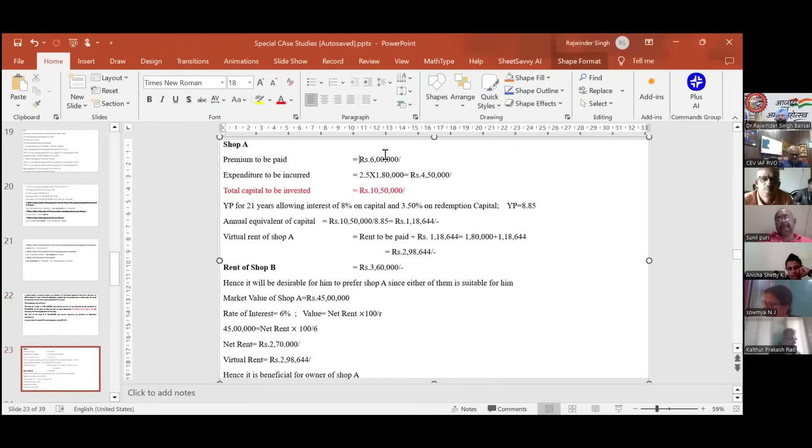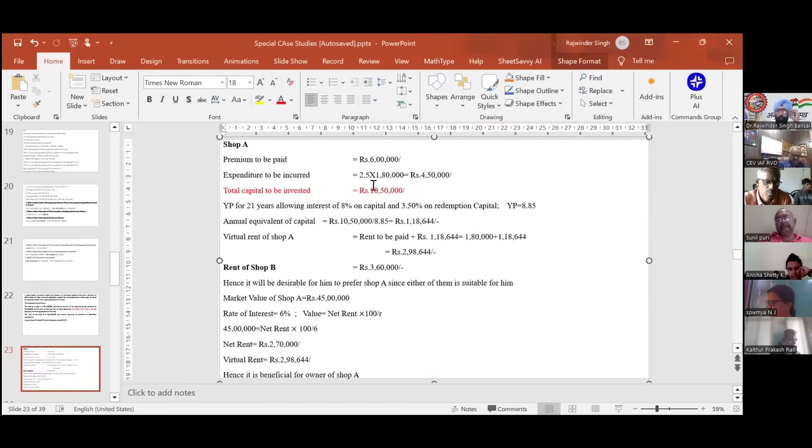See, premium to be paid is 6 lakh and expenditure to be incurred is 2.5 times of 1,80,000, means 4,50,000. So total capital he has to invest is 10,50,000. So it is given to you in the question that the lease is 21 years, and 8% and 5% rates are given. YP becomes 8.85. So the annual equivalent of the capital